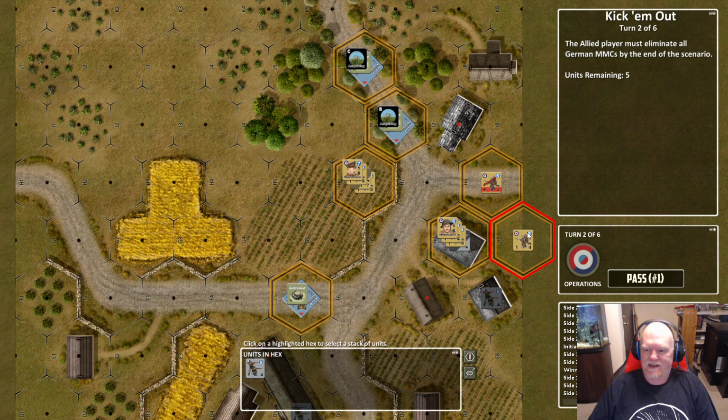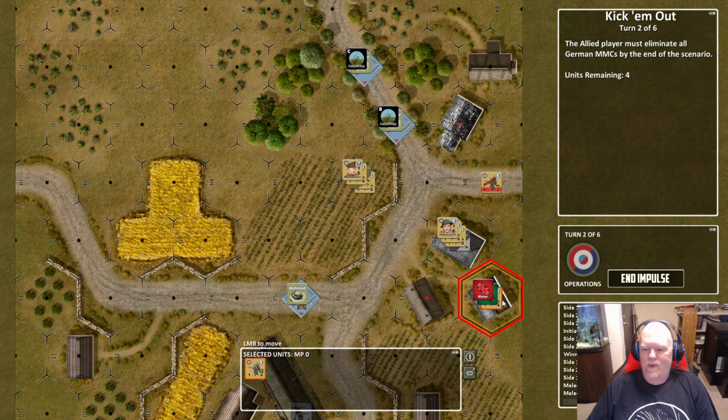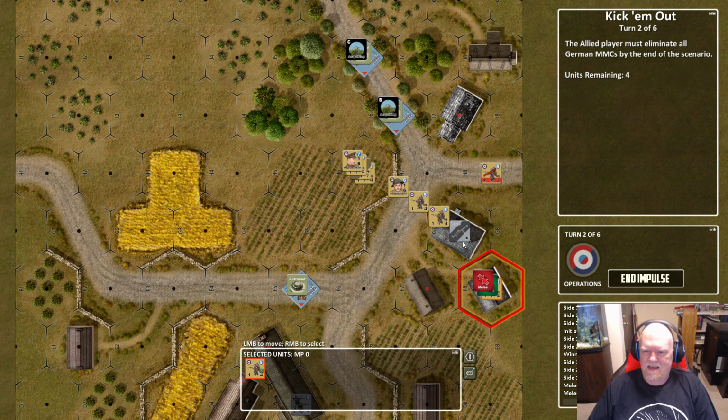Do a 1-1 odd here with them. Yeah, let's just go ahead and melee. Let's just go into there. 1-1. Yeah, I mean, it's going to be 1-1, and I need an 8 or better. He'll need an 8 or better. I got a 2. He got a 4 and a 1. But he's... Oh, no, I did win. Oh, that's right. I need to roll higher. Derp, derp. Which is good, because then that frees up this stack to...